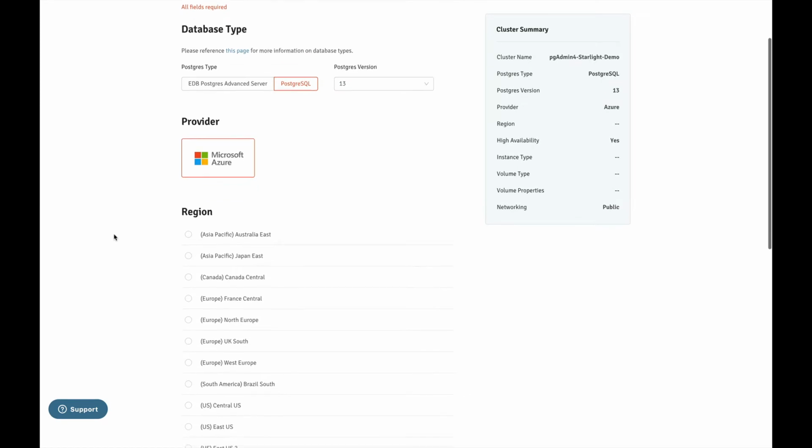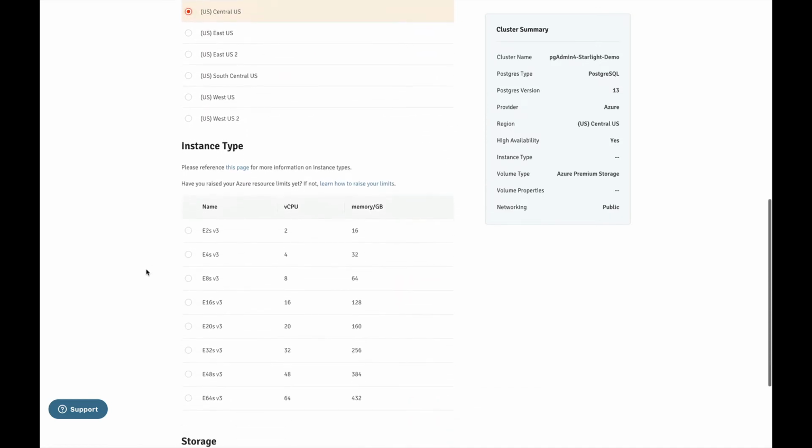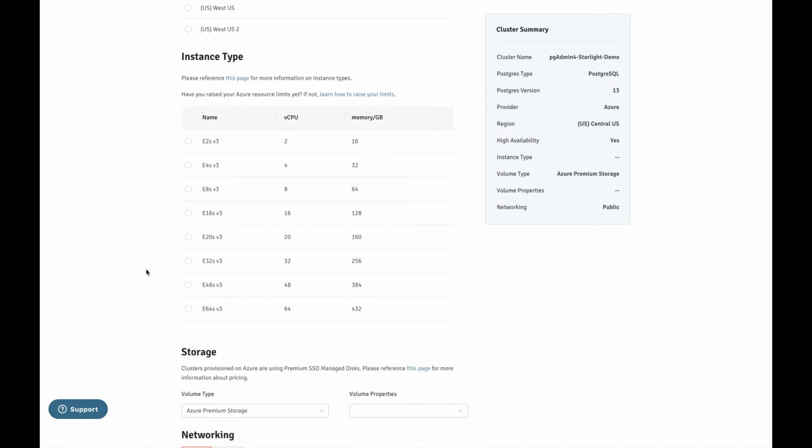Then you will have to select the region, in which region you want to create the cluster. I am selecting US, Central US, and for that there are some combinations of instance types, so you can select the instance type of your choice. For example, there is E2S v3 which has 2 CPU and 16 GB memory.